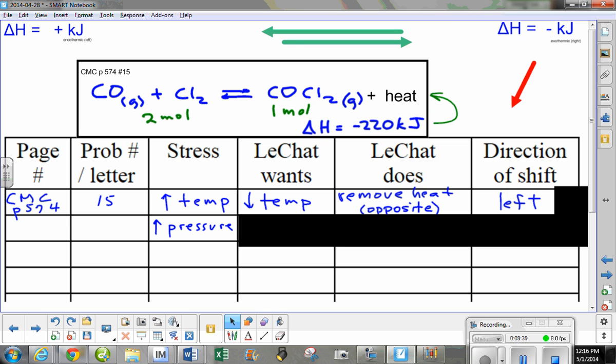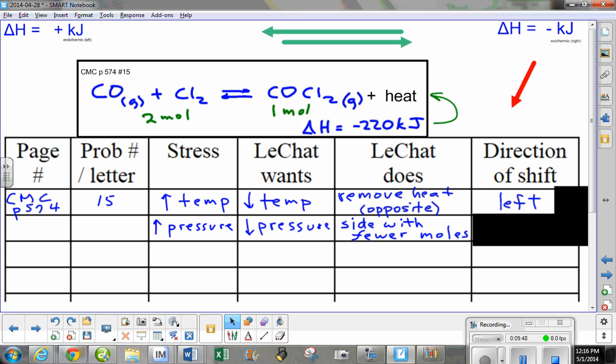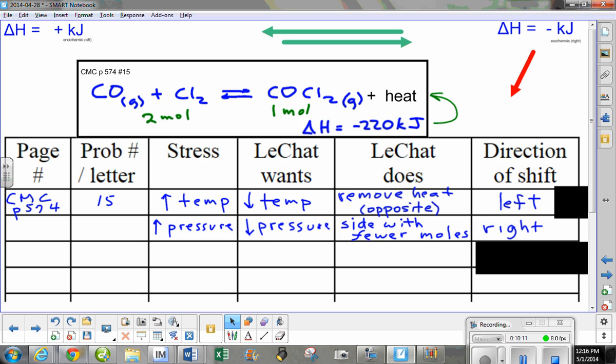That's what this means, kilojoules. And so now we got to deal with pressure. Pressure goes up. LeChat wants it down. He's going to make it go down, or try to make it go down. He can't make it go down all the way to where it was, but he wants to move it down by going to the side with fewer moles. Well, the side with fewer moles is where he wants to go because he's trying to reduce the pressure,